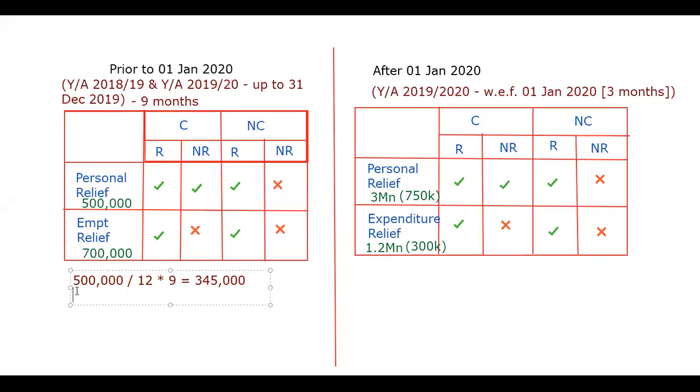Then 700 divided by 12, multiplied by 9 is, yes, 525. 525